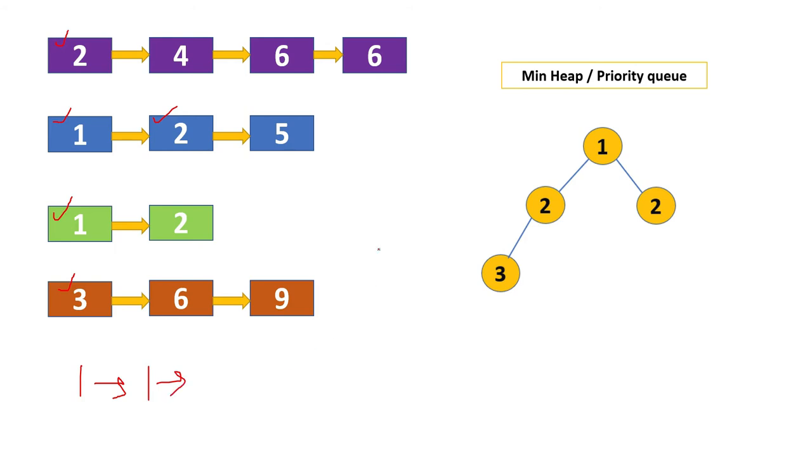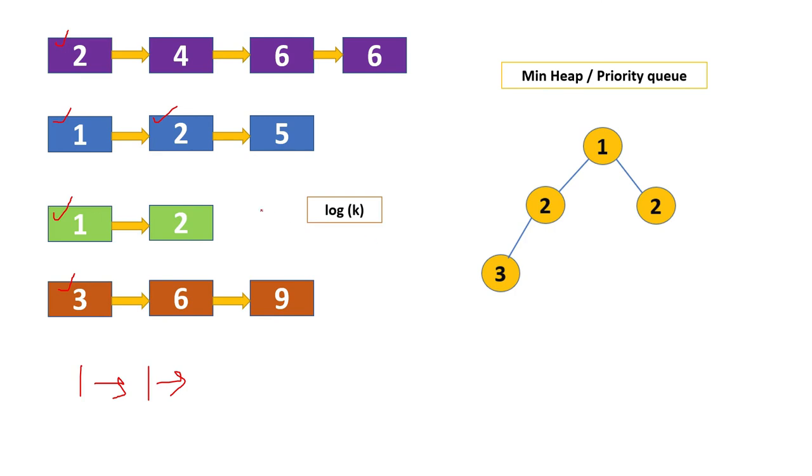If we talk about time complexity here, getting the root element, the minimum one, will take O(1) of time. When the insert happens, it will again heapify itself to make it a heap again, and that will total take O(log k) of time. So we are saving some time here. Previously it was taking O(k) of time, now it is taking O(log k) of time, and we are getting our minimum value in each and every iteration.